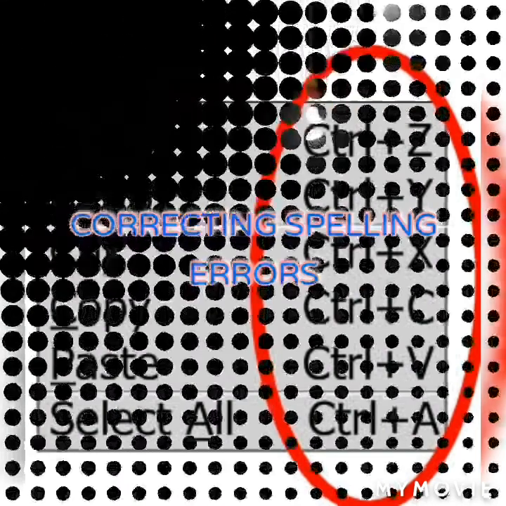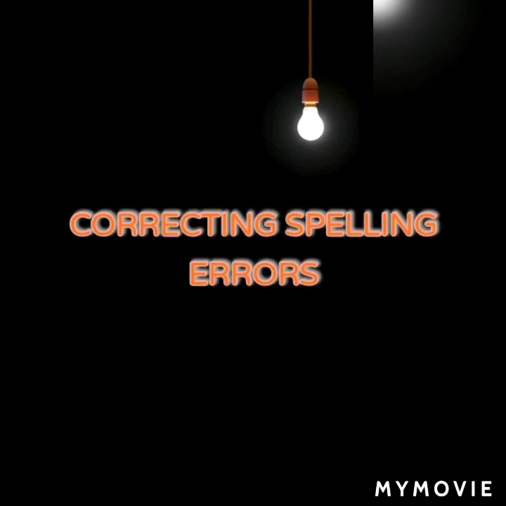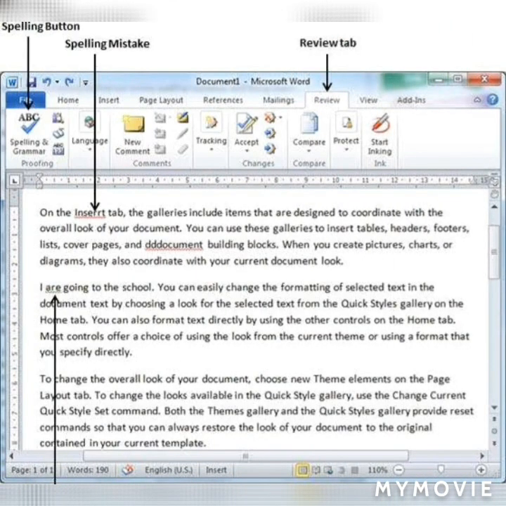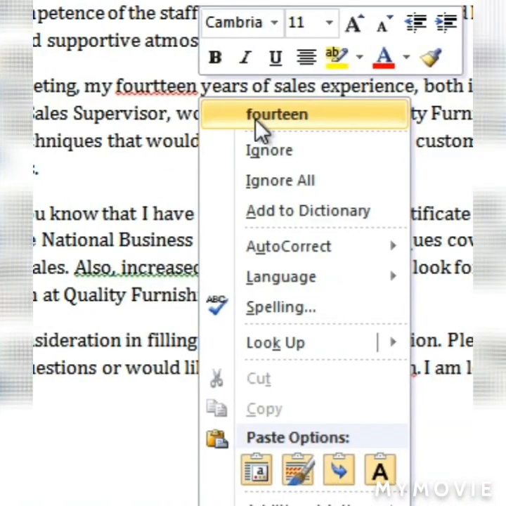Okay. Now the next we have is correcting the spelling errors. Children, we are all habituated with making mistakes, isn't it? So if by mistake we have made any mistake, we have to correct that. So how to correct that? Right click on the marked word. That means red color and green color marks will be there. Clear? There will be a red wavy line and a green wavy line. The red wavy line suggests that it is a spelling mistake, and the green will suggest that it is a grammatical mistake. Okay, G for green and G for grammar. Keep it in your mind, everyone.